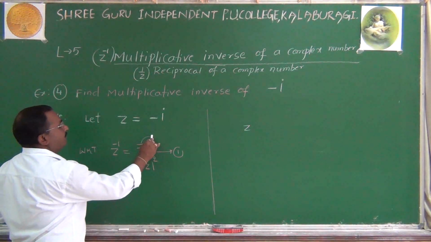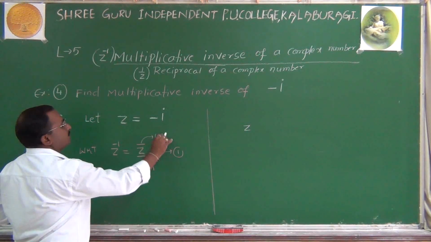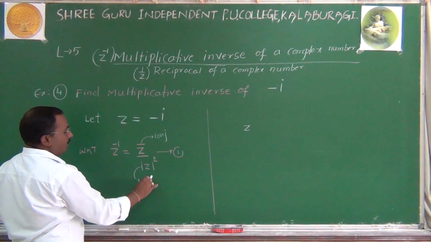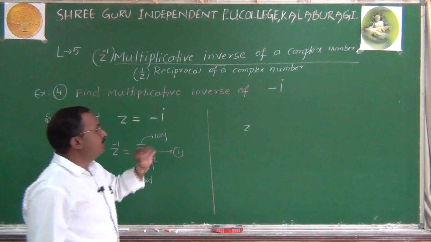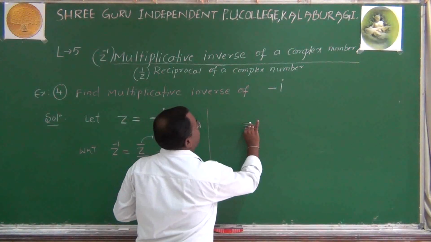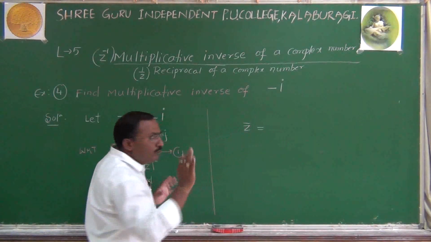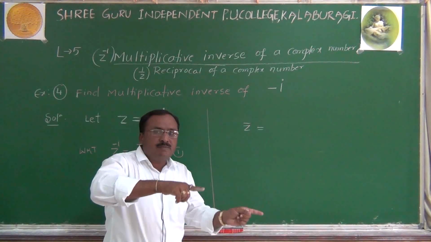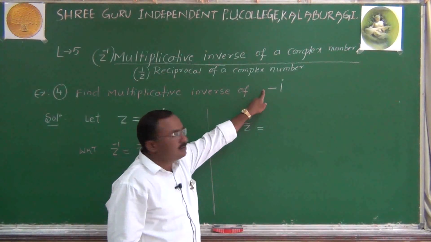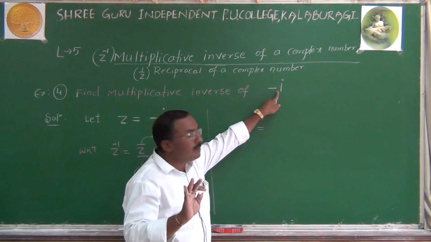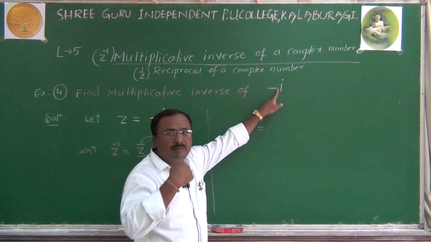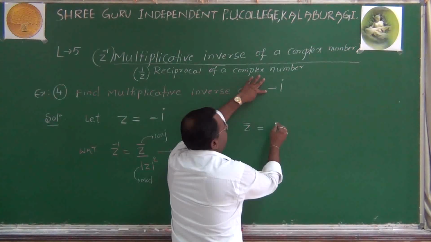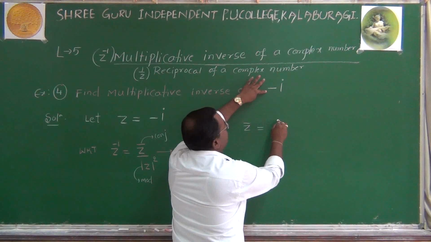This is the definition of the conjugate, and this is the definition of modulus. Conjugate z bar: do you know that in z bar the real part stays as it is and the sign of the imaginary part changes? Here is any real part there? No real part, only imaginary. The sign of the imaginary part changes. Minus i becomes plus i.